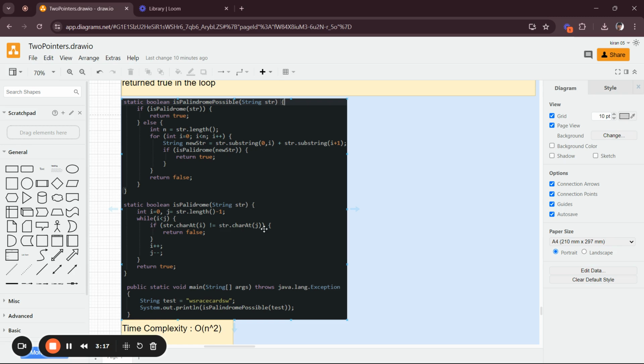This method, isPalindromePossible, is the core method of this algorithm, which takes a string as an input. As we have discussed, first we'll check whether this entire string is a palindrome or not. If so, we'll be returning true. If not, we'll be looping through each element of the string and creating a string by removing the character which the loop variable is pointing to. Here we are creating a substring from 0 to I, which takes the values from index 0 to index